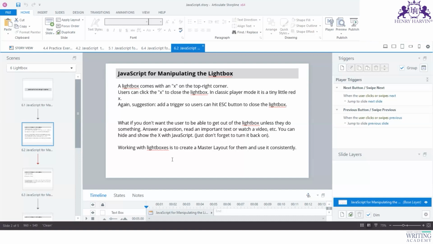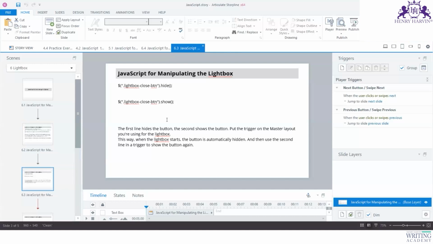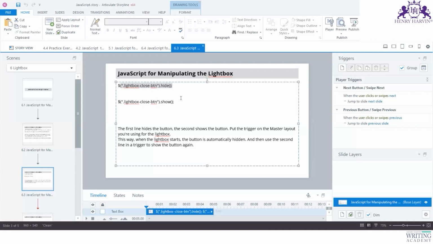So people often create the lightboxes using the master layout, because this slide master is what we use. The lightbox could be part of it also. So how we do it, this is how we will be using this small trigger. This is again where we are using this trigger to hide and to show the lightboxes, depending on what you want. But since you're putting this particular JavaScript trigger in the master slide layout itself,